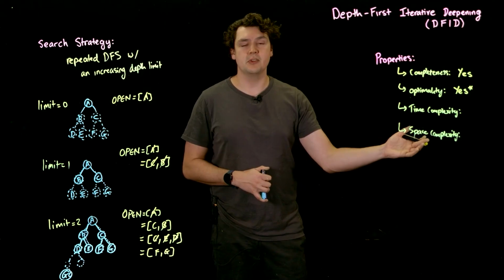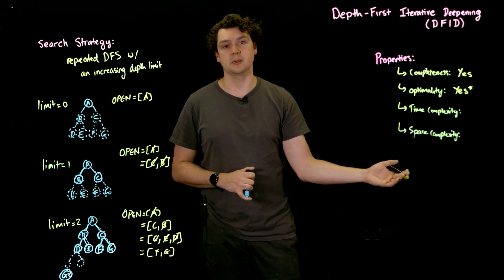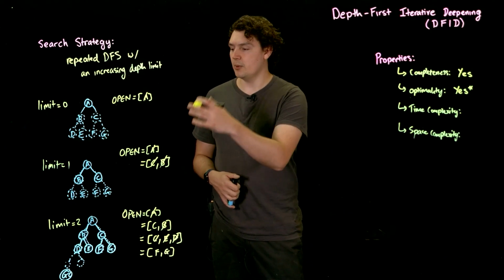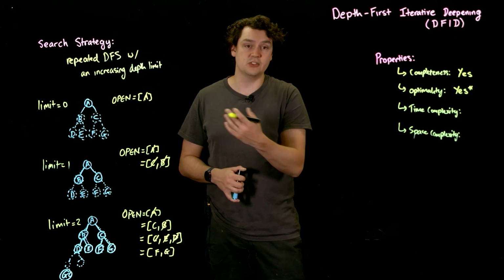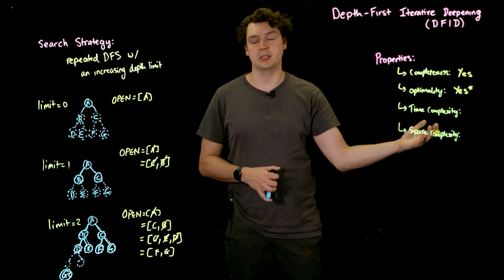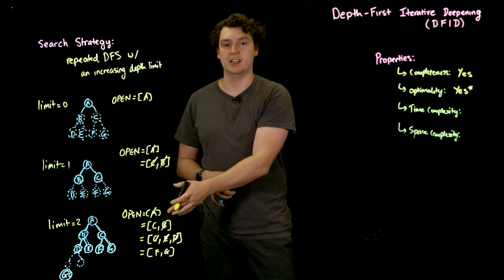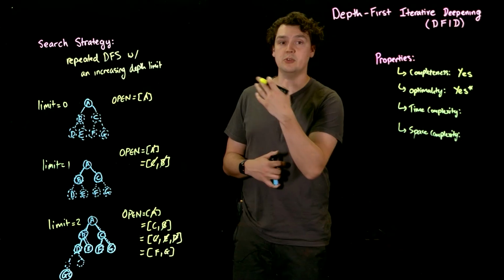And so then we're going to move our attention over to time and space complexity. So these are a little bit more complicated than they were in the past. We're going to have a look at, let's do time complexity first. How many nodes are we going to be expanding in the algorithm as a whole, because we have all these